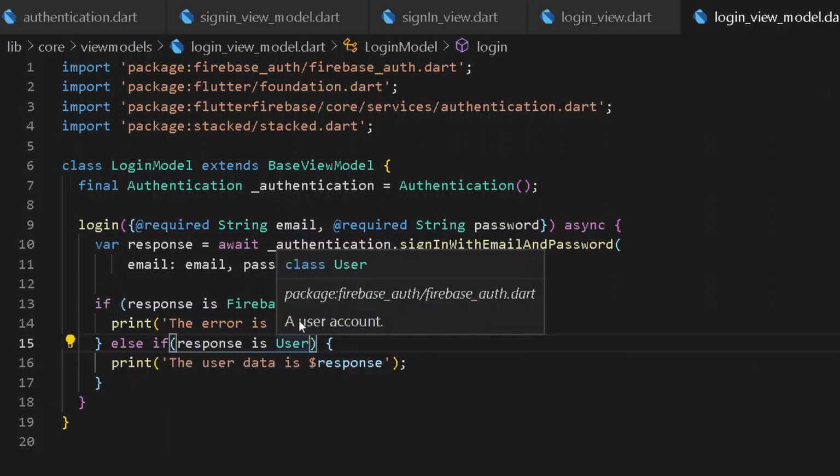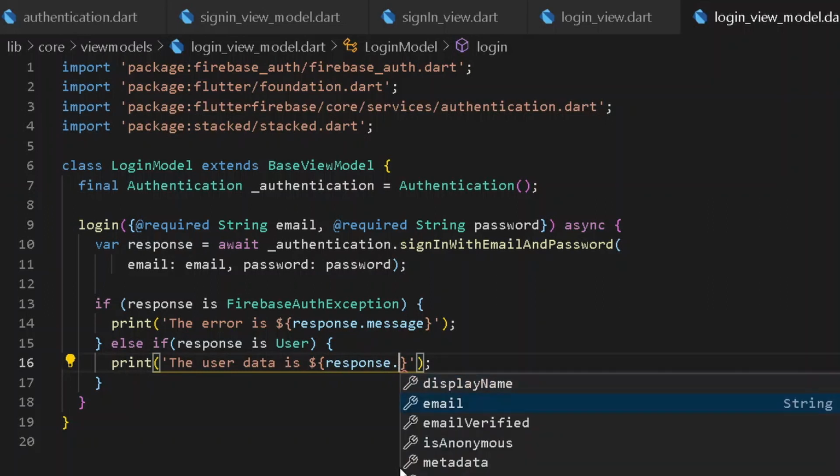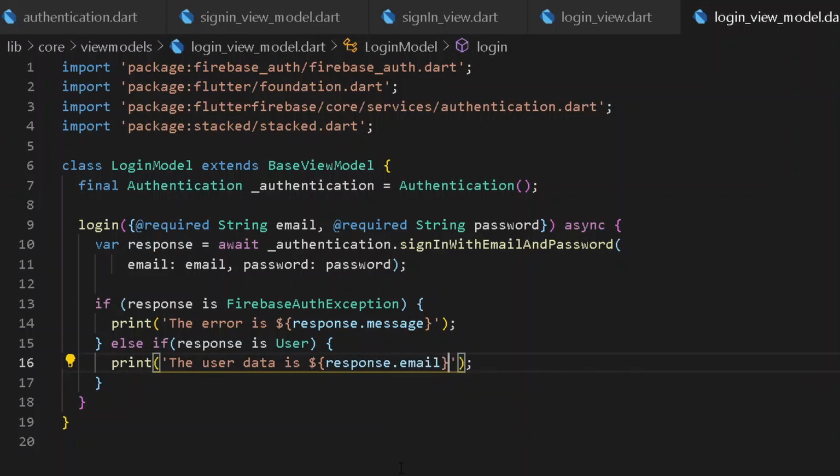If we hover over it, it will be a class of user, and here I can simply say if the response is response dot the entire thing. I will be simply printing out my email. So let's print out our email. So now let's try it out, but before trying it out, let's make the following thing under a case of login 1.